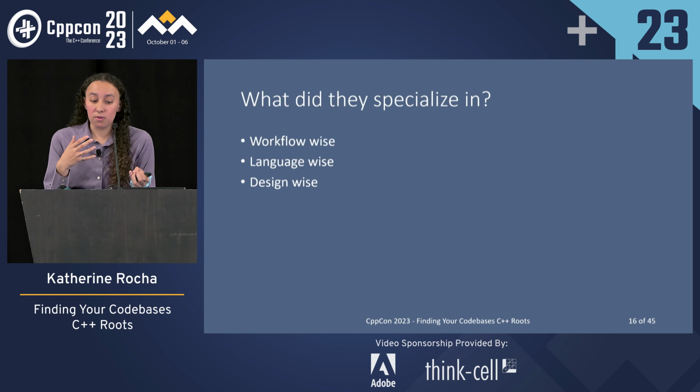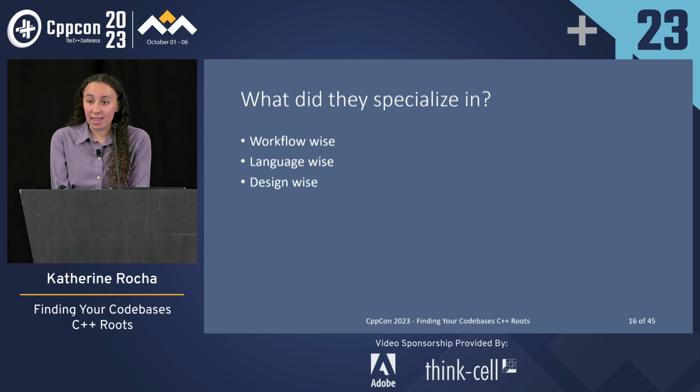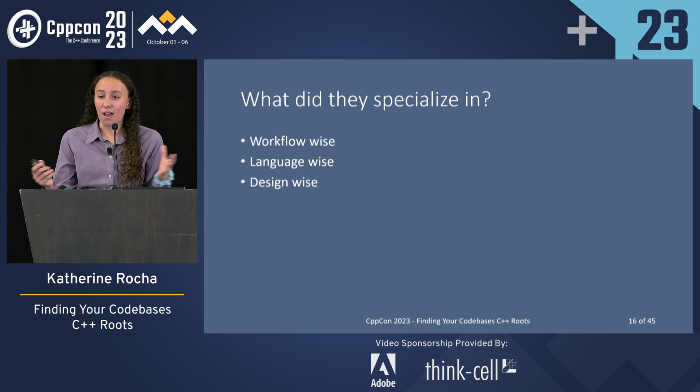And maybe they wrote C++, but not primarily. Maybe they mostly wrote Java and sometimes ended up getting an assignment in C++. That's going to write very different code than someone who writes C++ day in and day out. So understanding why they did the things that they did and where they actually specialize is going to determine how that code ends up working.